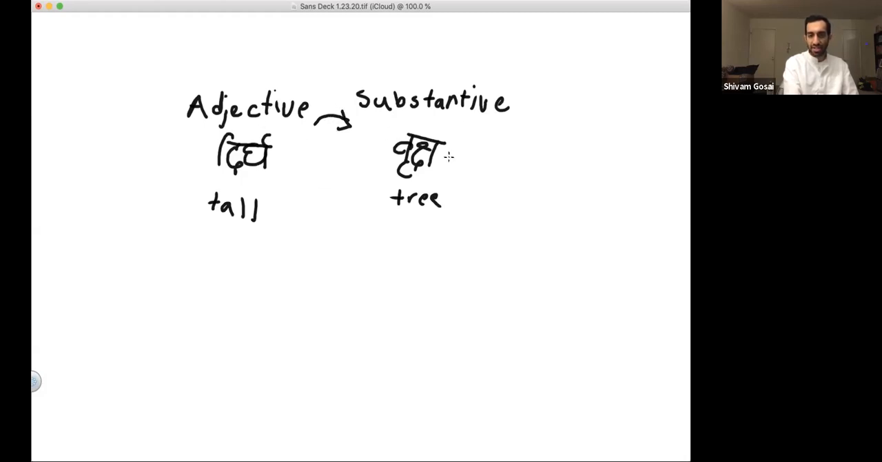So the adjective will get the gender of the substantive. So this tree happens to be masculine. Because dirga is qualifying or pointing at vriksha, it will also then become masculine. So depending on what it's pointing to. Okay. Next example that they give is